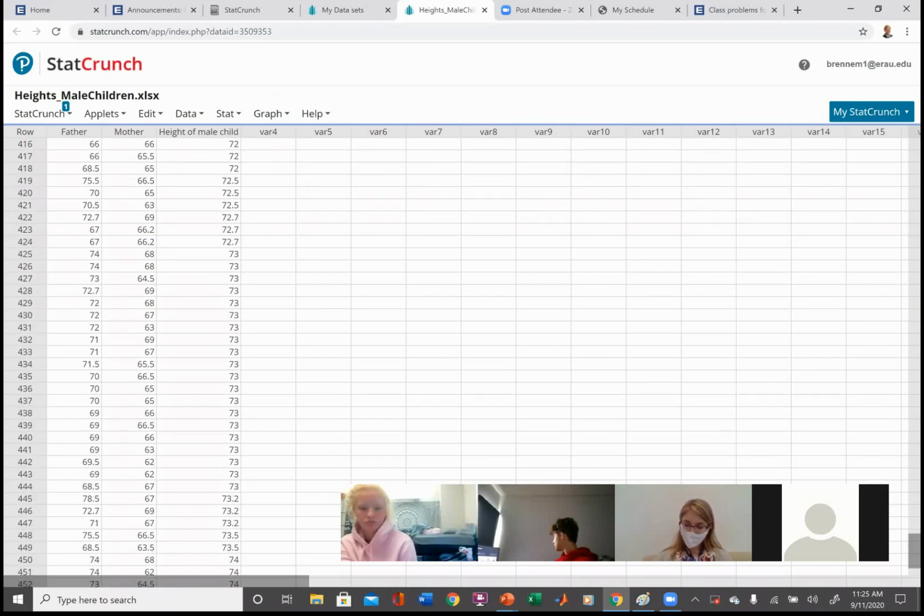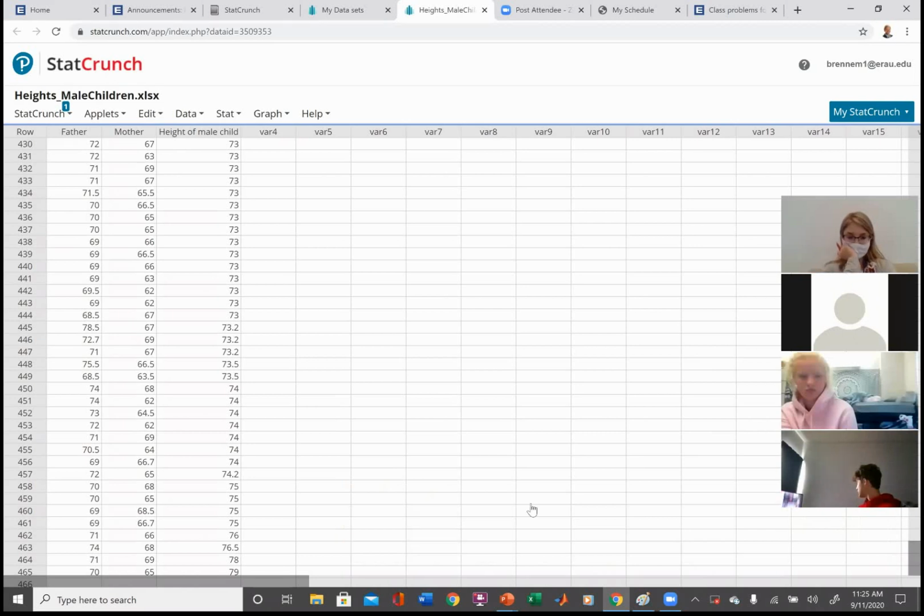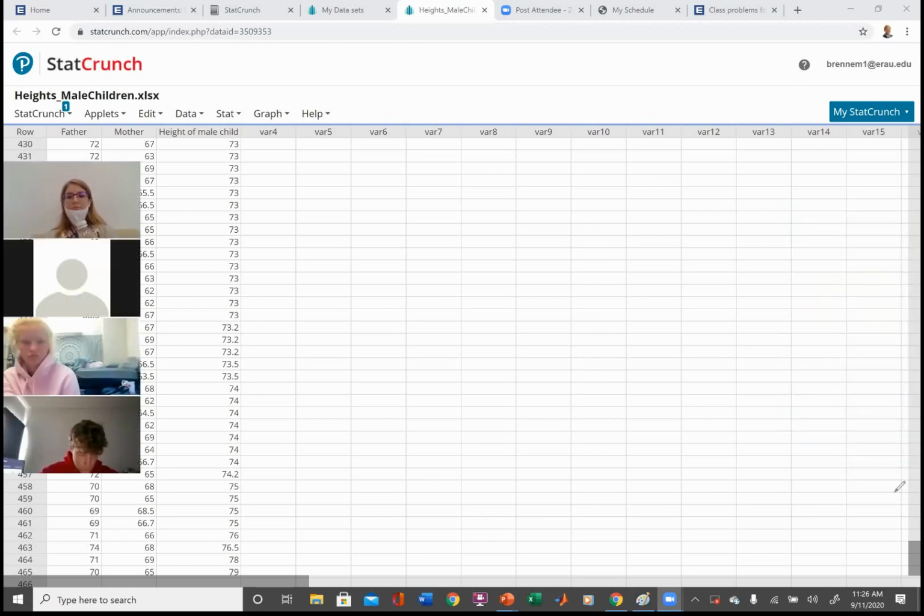And we go all the way down to the bottom. It's hard because I have too many windows open here. Oops, I clicked on something I didn't want to. There we go.